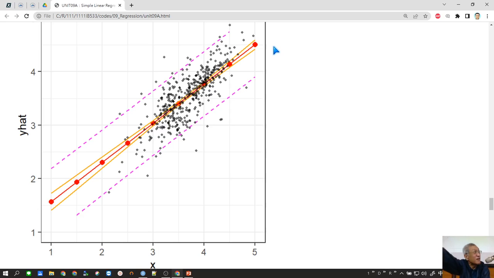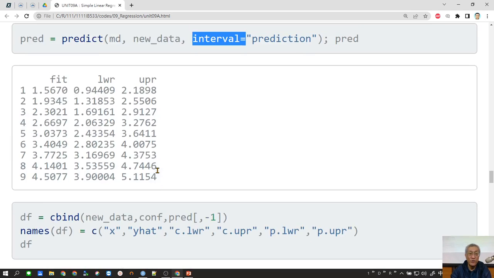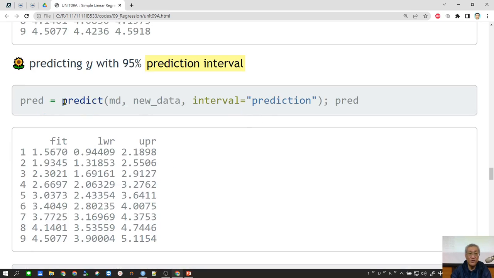And that regression line is actually just the expected value of y given x, okay? But the actual y will move along the line; there will be error. So if you want to know the 95% range of y, you need to add this argument into the prediction, and it will give you the 95% prediction interval, which means that,